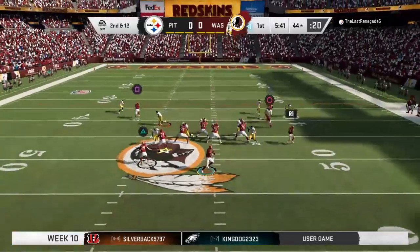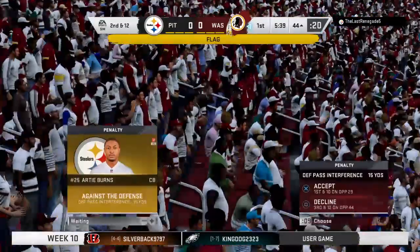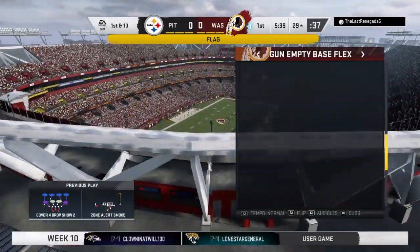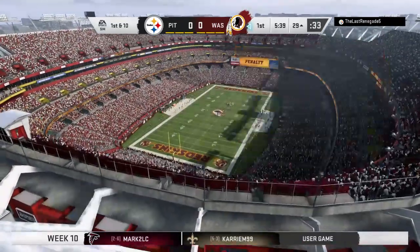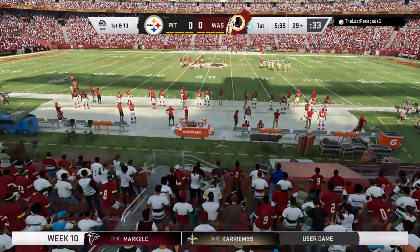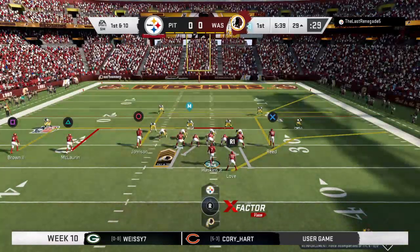Check. On 2nd down, here's Haskins. And a flag comes in as that one falls incomplete. Now let's see who this is on. So they saw the contact before the ball arrived. Penalty flag for pass interference. And trying to avoid pass interference is so difficult. You're trying to slow down these skilled receivers, and somehow, some way, they make plays on the football, and sometimes